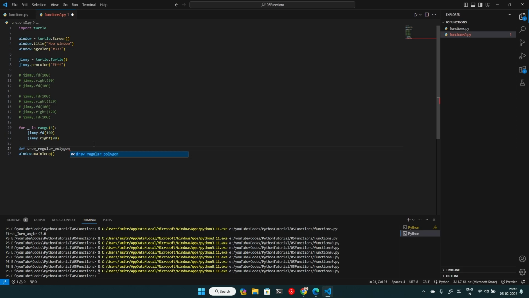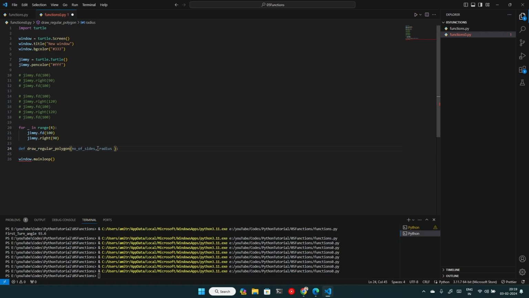Okay, now this polygon can take some arguments. I would say number of sides as the first argument, because I want to know how many sides the polygon has. And then we can take a radius as an input from the center to the edge of the regular polygon.